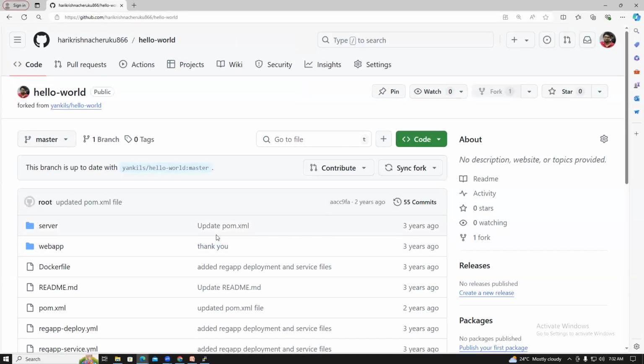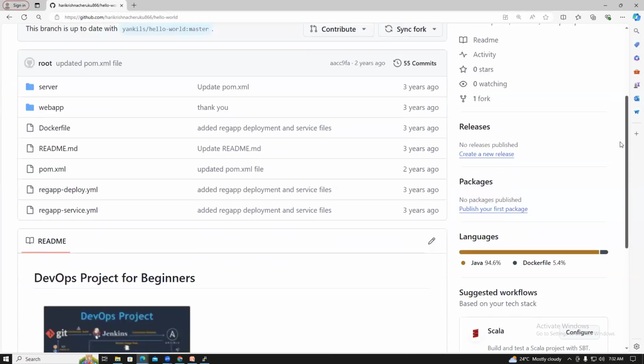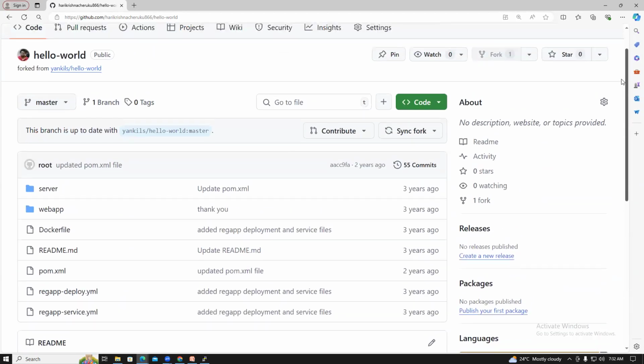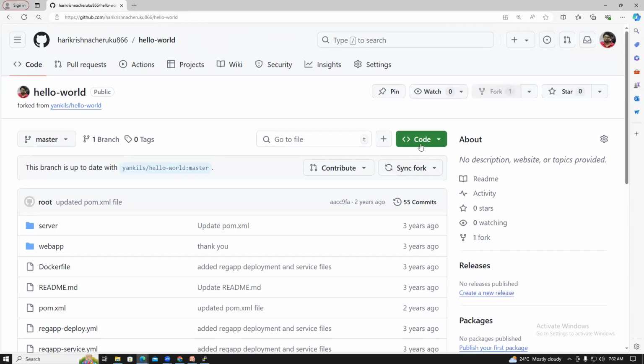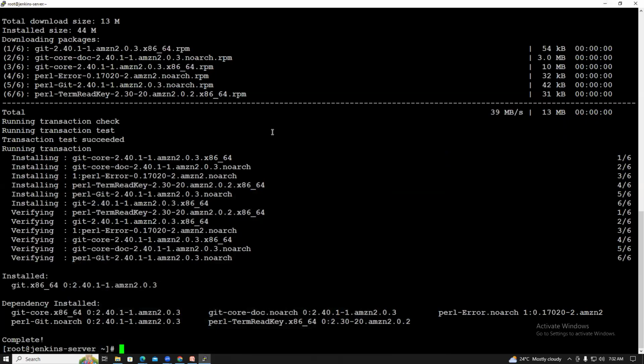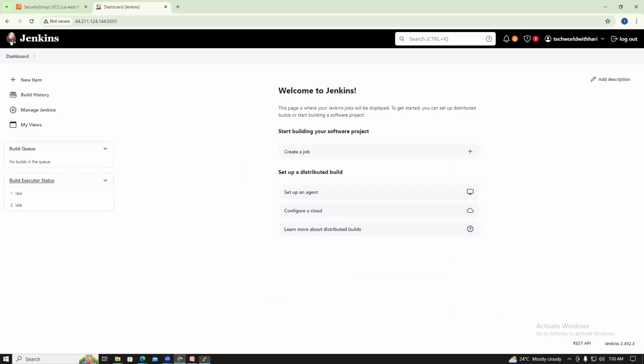This is the repository I want to clone. I want to clone the hello world repository. This is the repository I want to clone, guys. Copy this URL, and you can go to here, and first what you need to do,